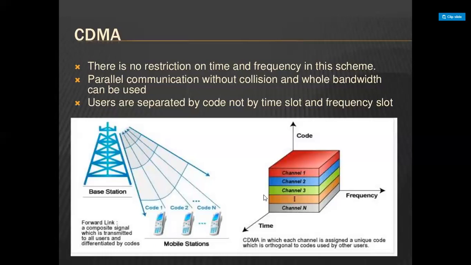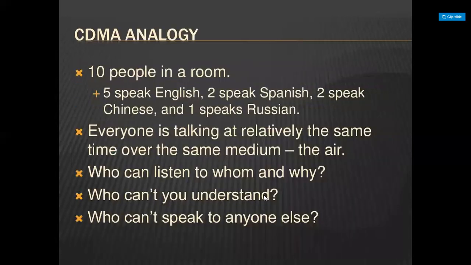So all users in CDMA use the same carrier frequency and transmit simultaneously, but each user has its own pseudo random code word, which is orthogonal to all other code words. If a user wants to transmit particular information, the code has to be known to the user and the receiver. If the correct information is received from the particular user, it is treated as information using the correlation property. Otherwise, whatever information is received from an undesired user is treated as noise. This can be known using the correlation and autocorrelation property.